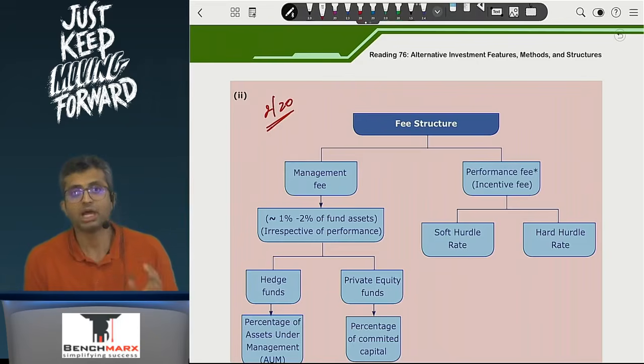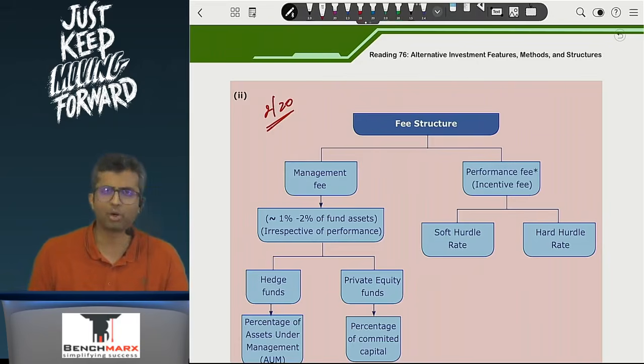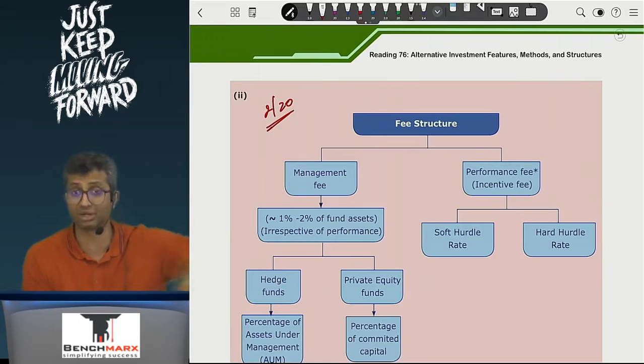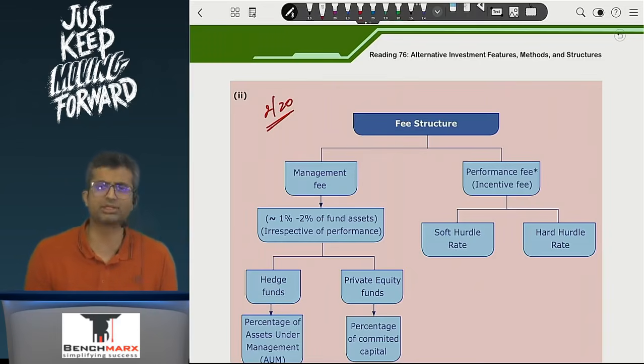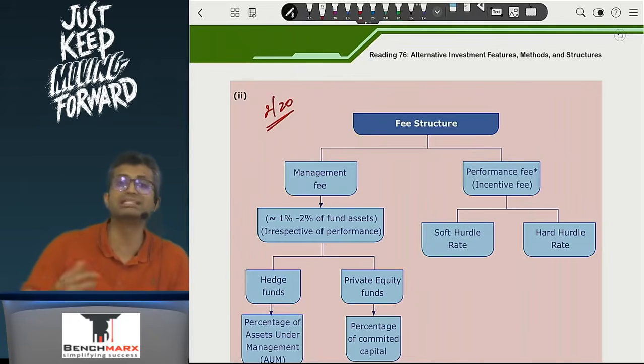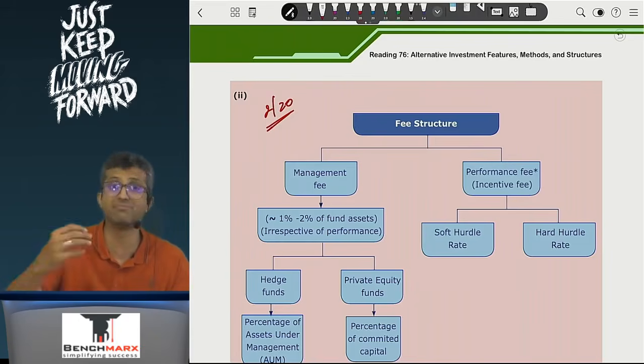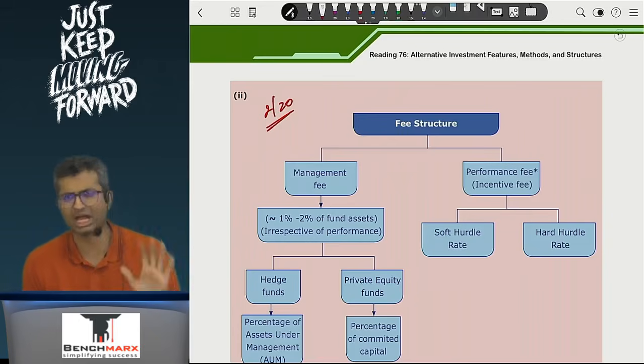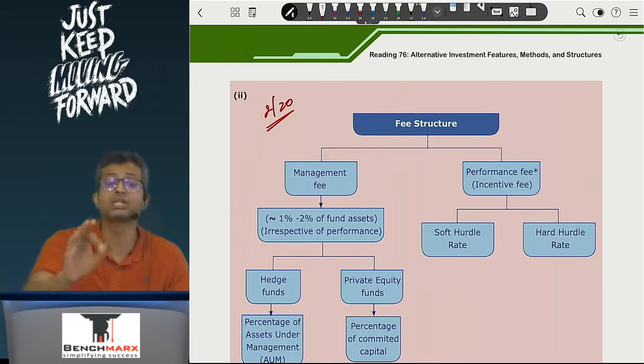Now, sometimes people might say that hedge funds usually end up investing even in public equities, and hence an investment opportunity is there all around. However, a private equity fund or venture capital fund has to scout and search a lot, and hence if you make them subjected to a percentage of assets under management, they will be incentivized to draw down more of the capital and make hasty investments, and as a result they say, well, you know what, you want the fees, we'll give you 2%